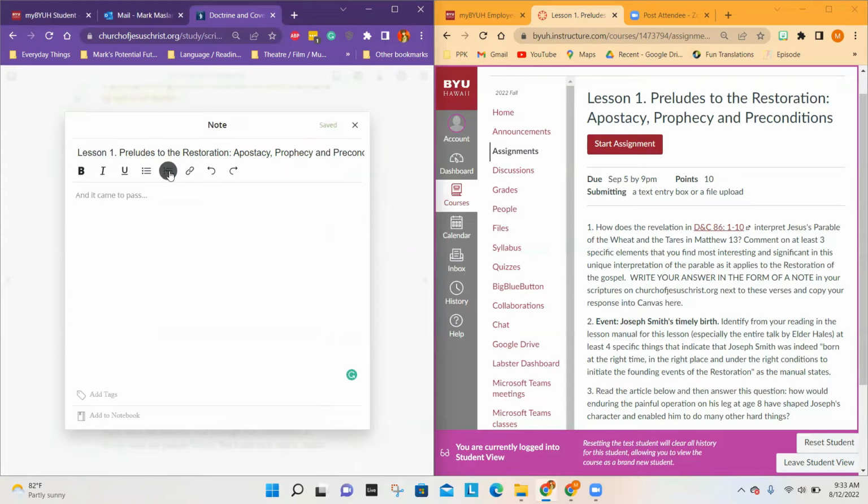underlining it, creating bullet points, even using a number list or adding in a link. Undo, redo, different things like that. So say, for example, it says in this question, comment on at least 3 specific elements that you find interesting and significant. So if I'm going to be here, I would add a number list by clicking on this and then write down one thing that I find interesting in this scripture is, and then the second thing, and then 3. This way you have everything nice, lined up, typed out for you to go from one thing to the